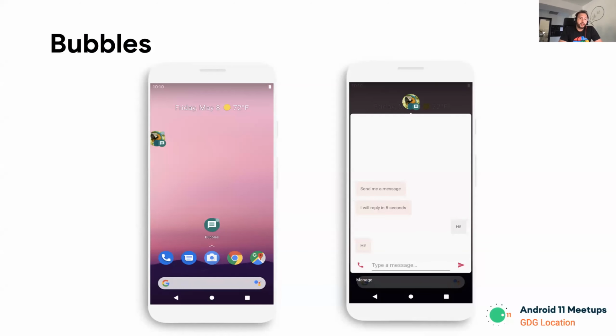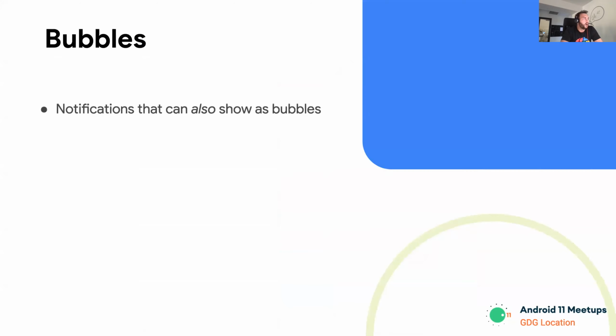One other feature that has been asked for, and until now was being done in a different way, is the system of bubbles. You've probably all seen it. Messenger started with that a couple of years ago. And now Android has introduced a native way of showing content as bubbles. Basically, you can surface a conversation over the entire UI. And as you can see on the right side, you can do this very nice activity or screen that works and performs nicely.